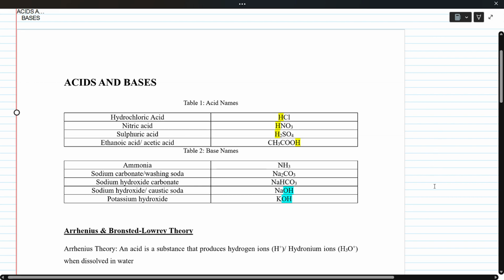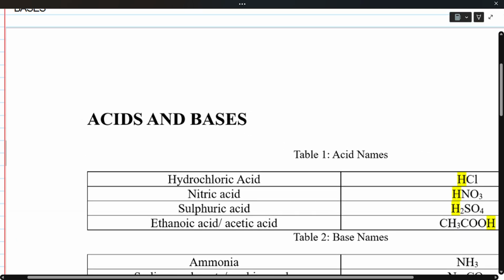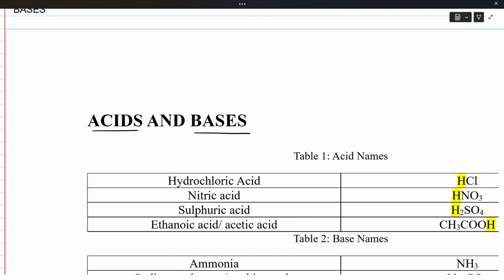Okay, so let's begin with acids and bases. So the first thing that we really need to understand, and you would have been doing in your lower grades, is what is the difference between an acid and a base? So when you were in grade 9, grade 10, when you're learning the difference between an acid and a base,